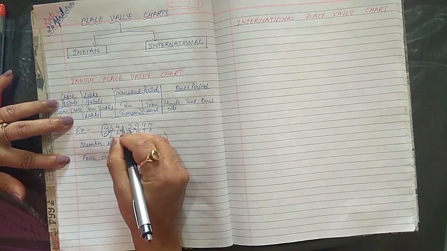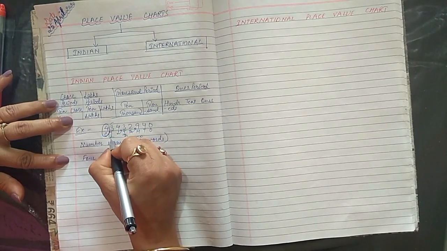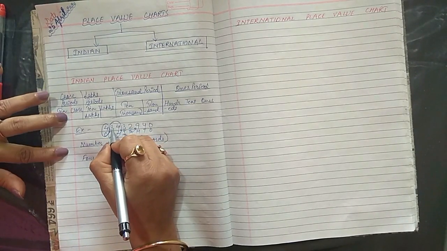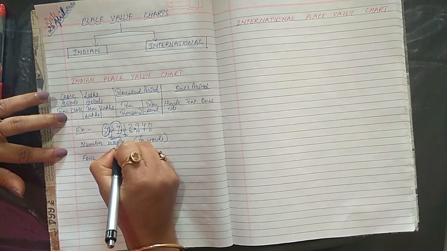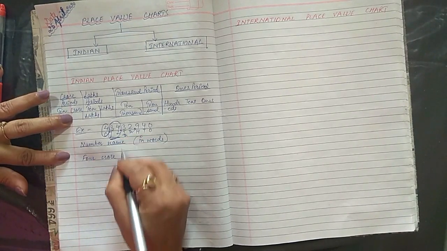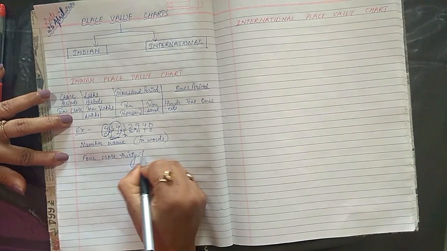4 crore. Now see the next one. This is lakh and 10 lakh. We are going to read them together. How? This is 34 lakhs because both are in the lakhs period. That is lakh and 10 lakh. So how we are going to read that? 34